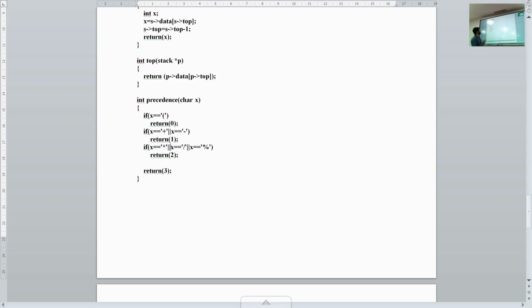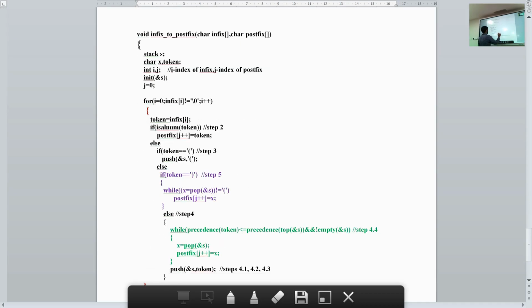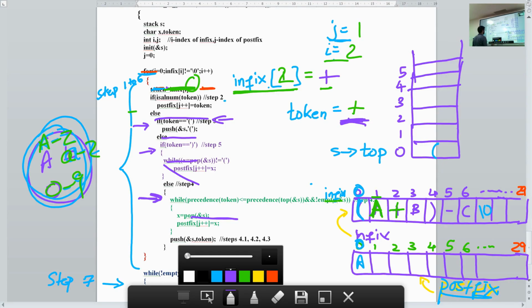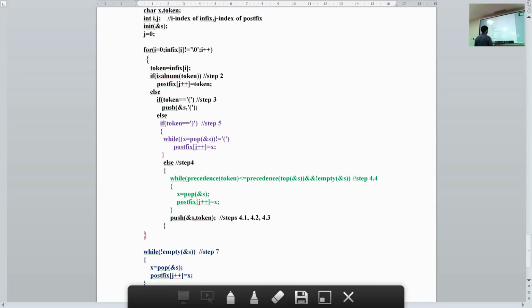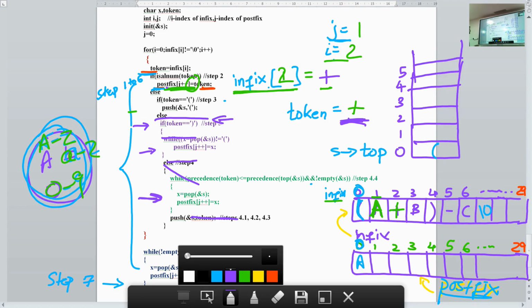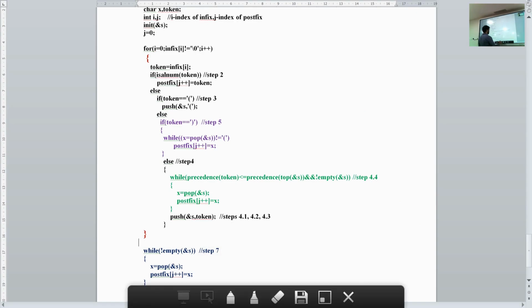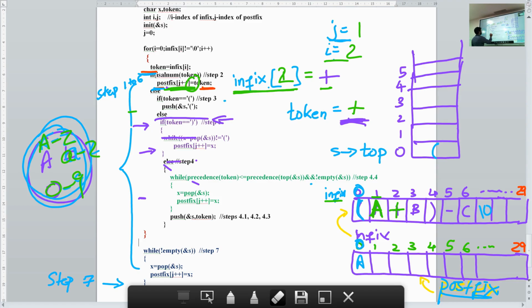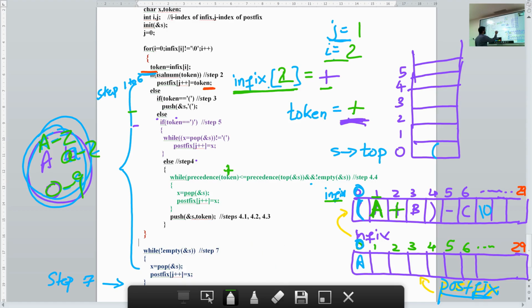Got it? So precedence of the token plus is 1.